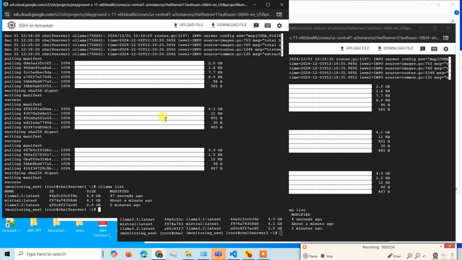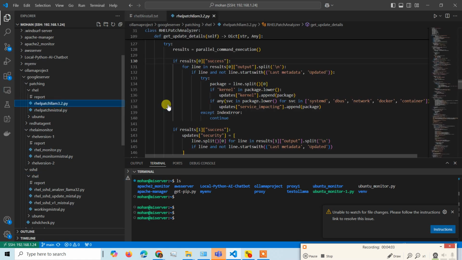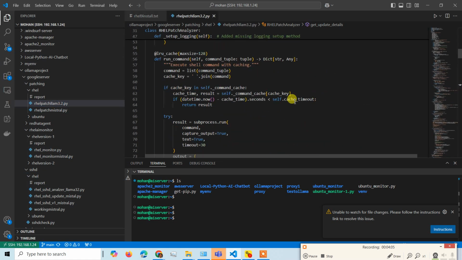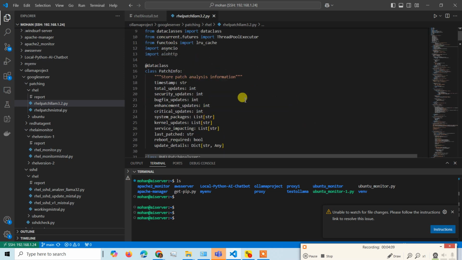What we are trying to do now is that we have three custom scripts that have been created and can be run with a Python program. The Python program can interact with Ollama, so we import this module called ollama and run